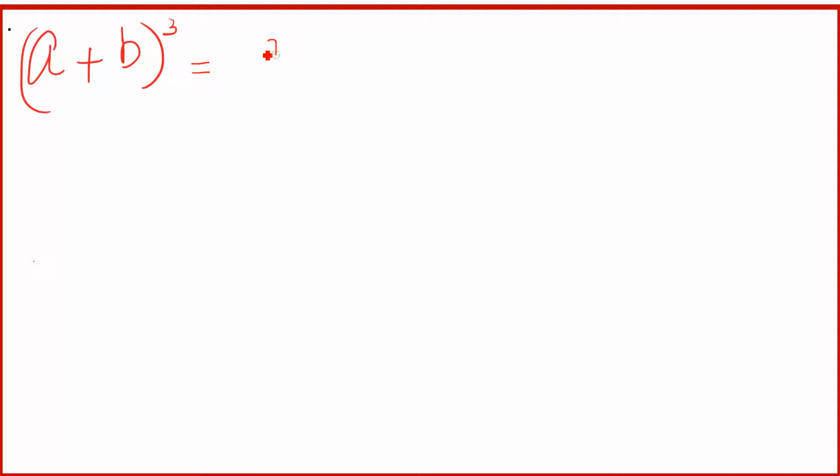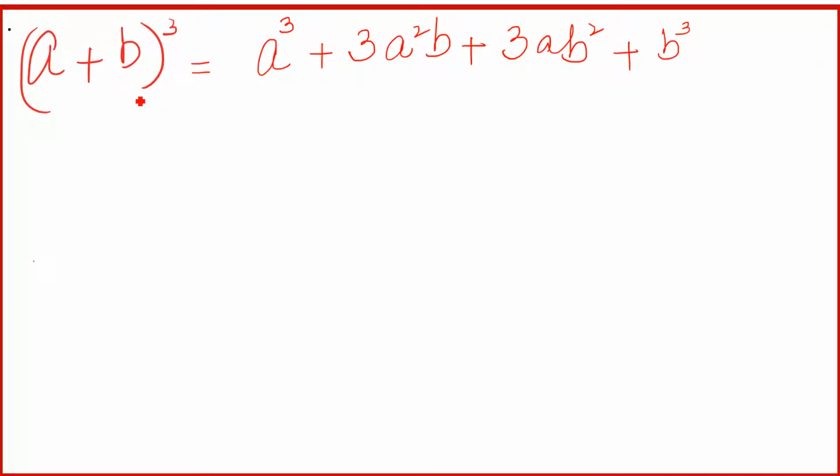So simply we can say that (a plus b) whole cube is equal to a cube plus 3a square b plus 3ab square plus b cube. How can you expand this formula? This is just the general formula. Whatever you have instead of a, suppose we have 2x, suppose we have 3y, whatever,